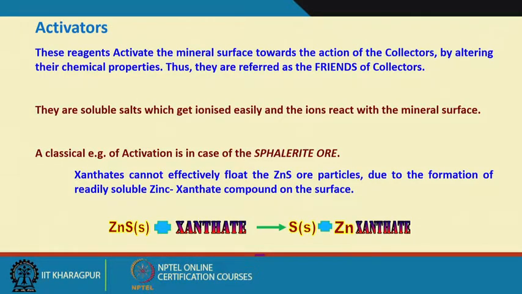Now, there are other chemicals like the collectors and frothers. Essentially, they are the two chemicals required for any froth flotation process. But as we have studied in chemistry, chemical kinetics depends essentially on whether a chemical reaction will occur or not, and then how fast the reaction is, which controls the reaction kinetics. But many times when I want to accelerate this kinetics process, we add some other chemical, called a catalyst. So, it catalyzes the process, that means the reactions become much faster,